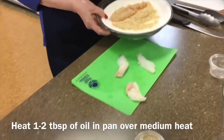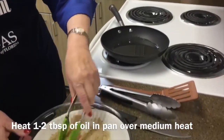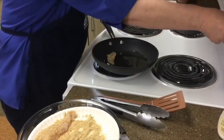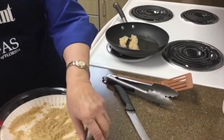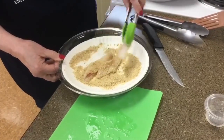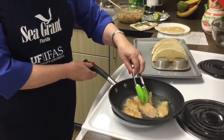So now I have oil, about just a small amount, maybe a tablespoon or 2 of oil in the skillet, just enough to kind of barely cover our fish, and it's not all in there. And we're going to put our fillets in the skillet and cook them until they are done. Most fish needs to only have a small amount of time preparing. You can hear it starting to sizzle now. So while our fish is cooking,